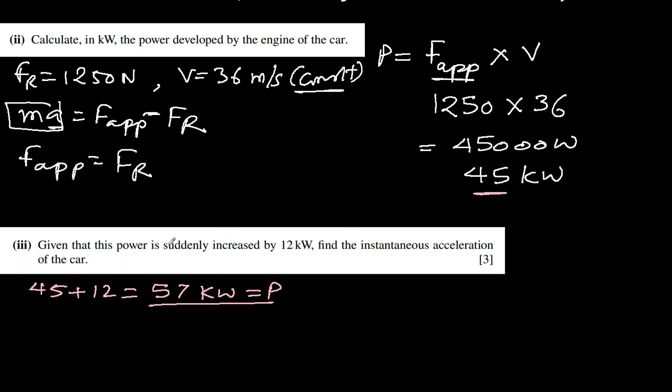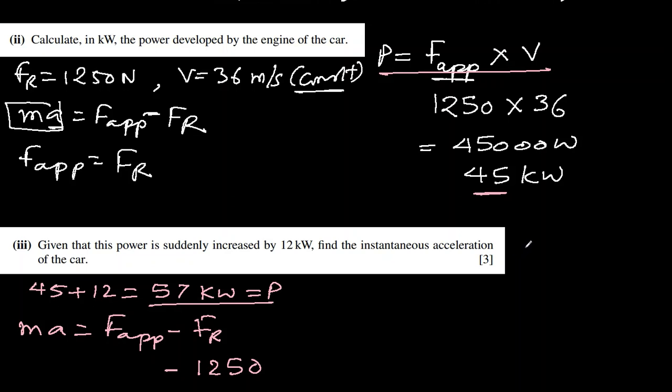Find the instantaneous acceleration of the car. Now the applied force will not be equal to 1250. There will be some acceleration. So again we will use ma equal to applied force minus resistive force. The resistive force remains 1250 because the power belongs to the engine. So the resistive force of 1250 stays, the applied force will change, and we'll use the same power formula in this case also. Power, which is 57 kilowatts, is equal to the applied force